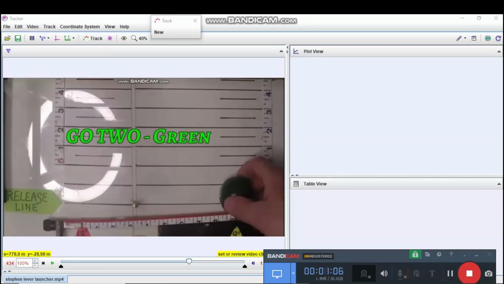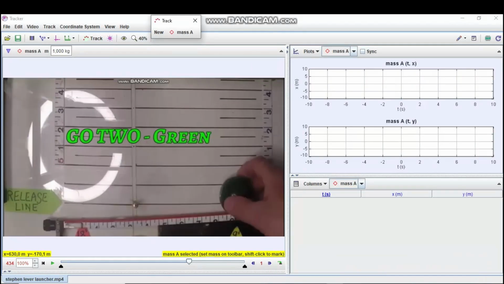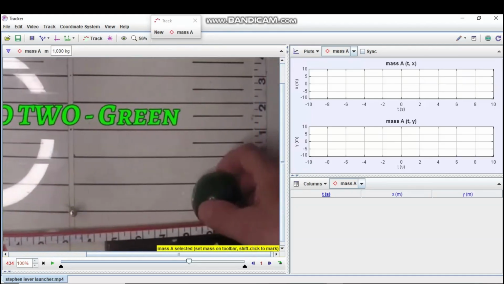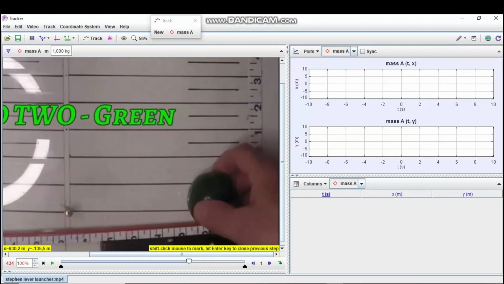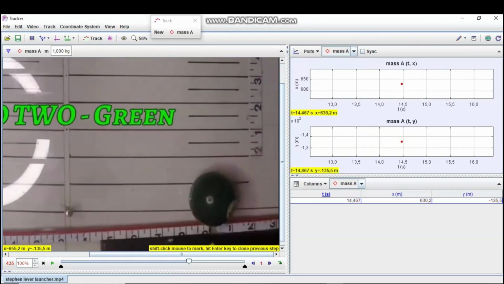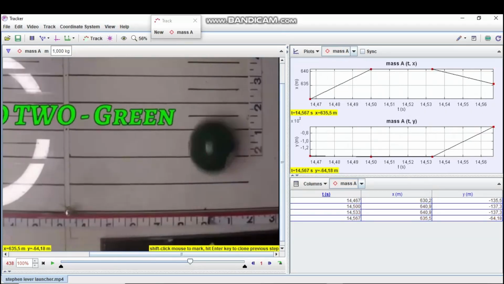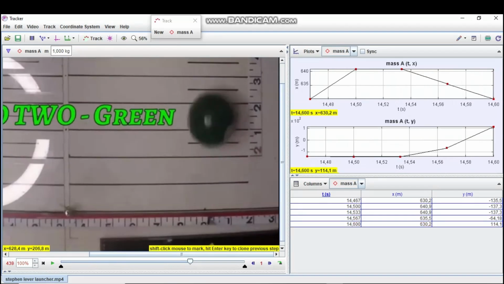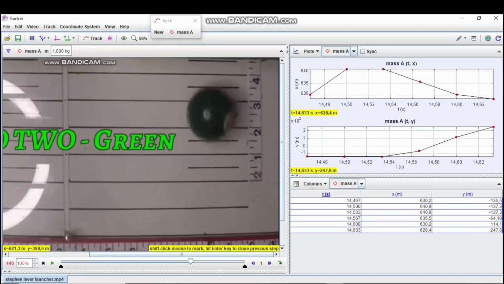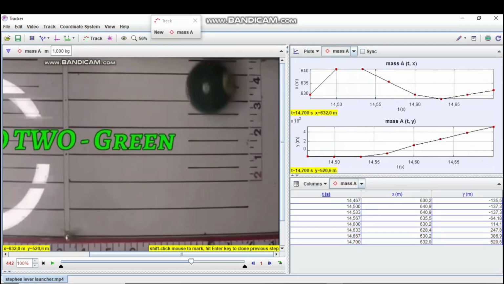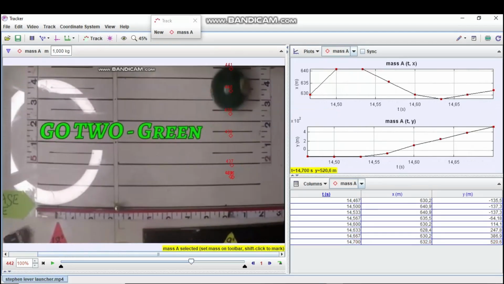1/2 yellow billiard ball. So this is the 1 mass trial 1, and I'm going to now add a new track. All right, I'm going to zoom in a little bit. We're going to track the top of the ball here each time, like that. I'm going to try my best to always track the top of the ball, like that. Okay, over here, and now we have reached the end. So that's going to be our first